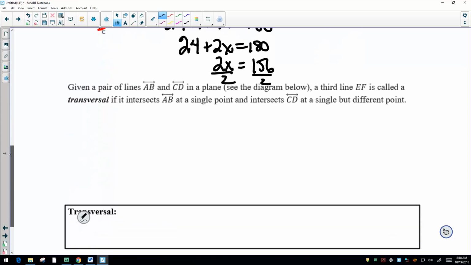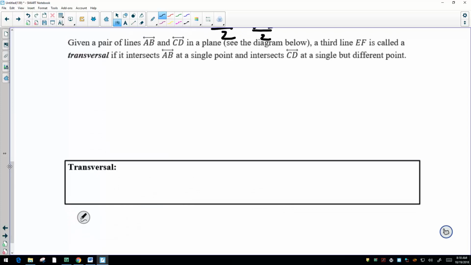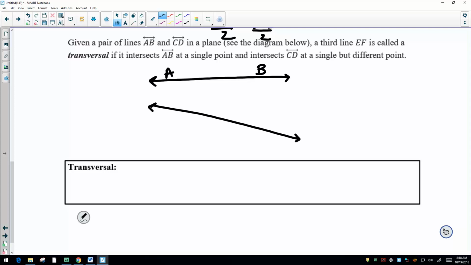Some other type of angles we have are going to be dealing with what's called a transversal. So we're going to draw this picture down here. It says we're going to be given a pair of lines. We're going to call them AB, and maybe CD is over here. It doesn't tell us anything special except for we have two lines, and they're in a plane. It says I have a third line called line EF,